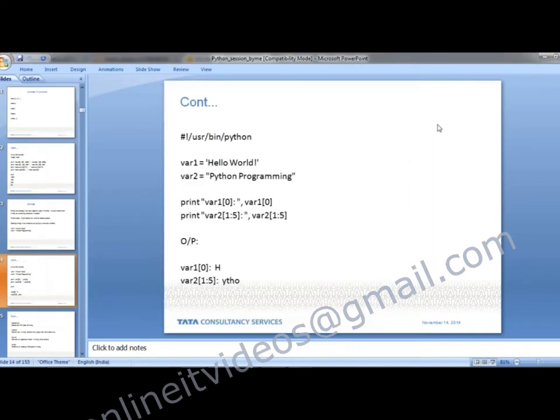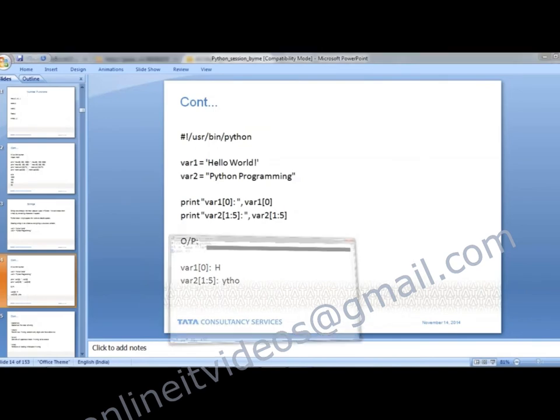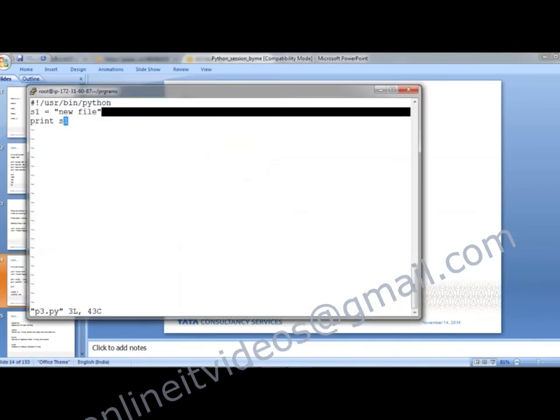When I say print s1, it takes all the values from 1 to 8 and prints them out. But if you don't want it to do that,